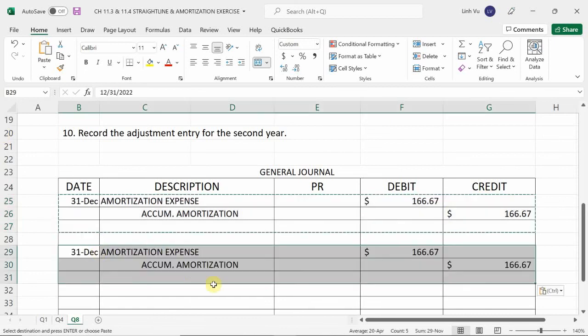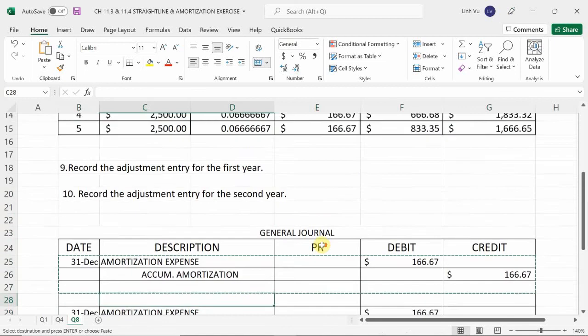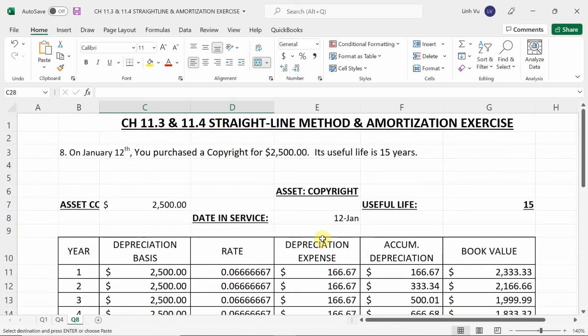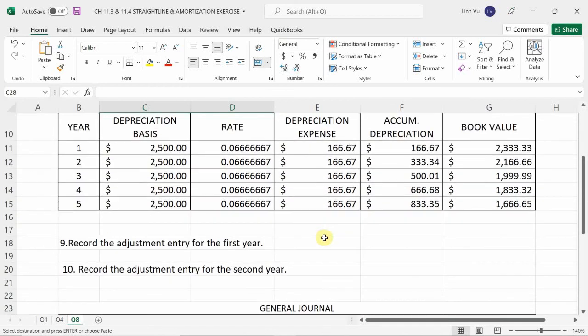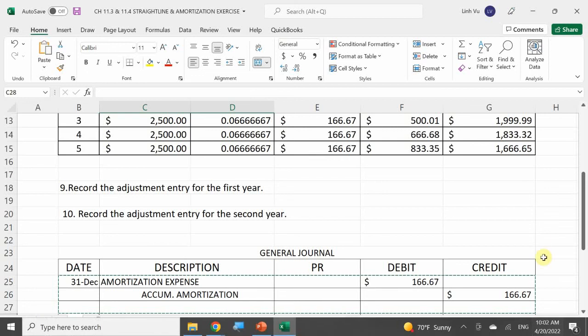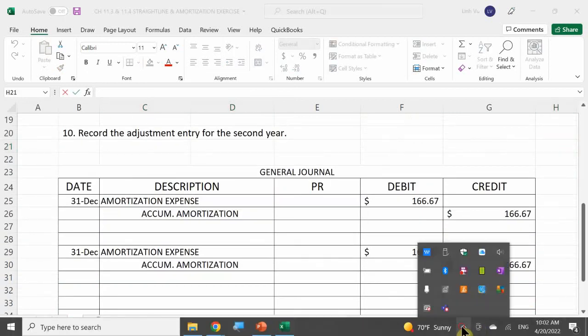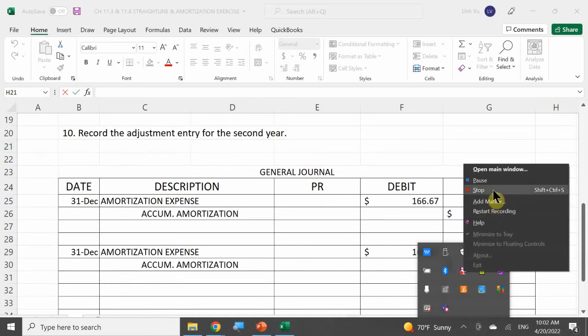All right. Any questions? Tomorrow we're going to practice all 4 methods. So 3 depreciations and 1 amortization. All right. And we're also going to cover 11.5 and 11.6. Okay. But again, 11.5 and 11.6, I'm not going to test you on it. It's just information you should know. Okay. But tomorrow is going to be